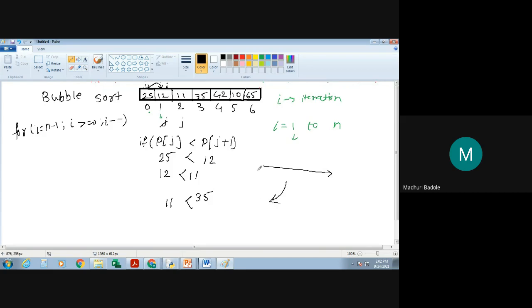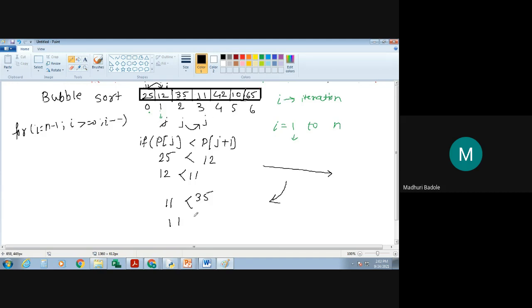Get it? Okay. So 11 is less than 35, our condition is true. Since your condition is true, you are going to swap the elements. It means that over here 35 and over here 11. Fine. Now again you are incrementing the j index. The j index will be this, that is the 11.